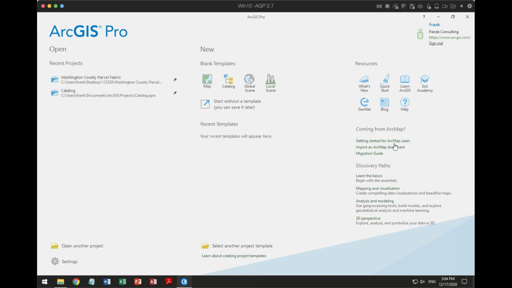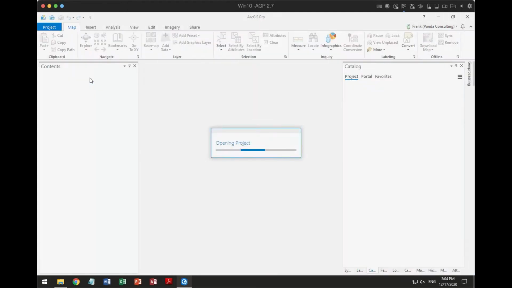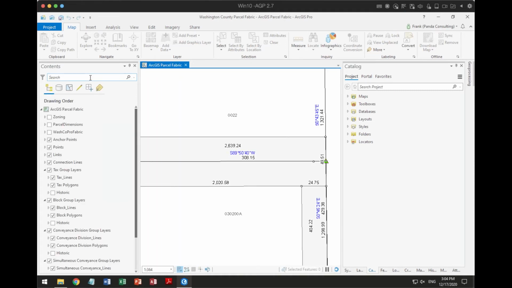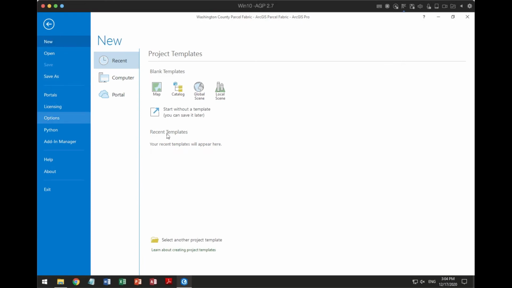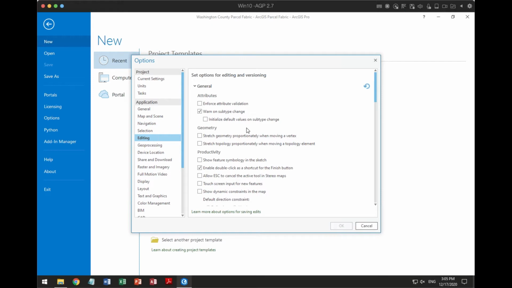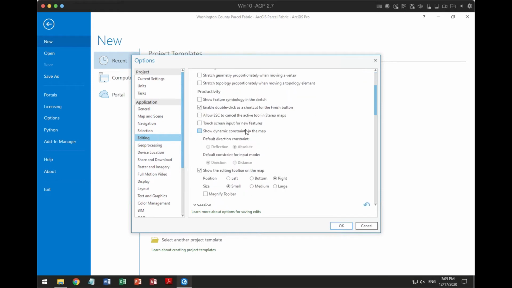I like what they've done here. Discovery paths, learning the basics, those sorts of things. Those are really nice. But let's open it up and look through this and see what's going on. Today we're primarily going to talk about the parcel fabric, but there are other elements in here that we want to talk about also. Remember that in 2.6, they introduced this concept of being able to have a